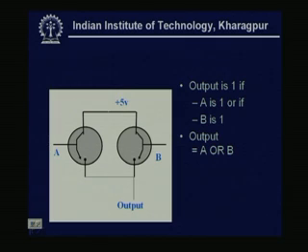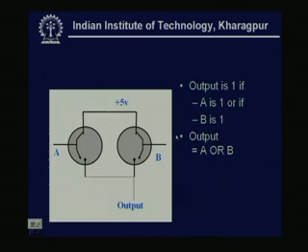The output is 1, where 1 means plus 5 volt, if A is 1 or if B is 1, means if either one of these switches is connected, then it is getting a path. So, it will be flowing and so the output is 1, that means this 5 volt I am getting here,